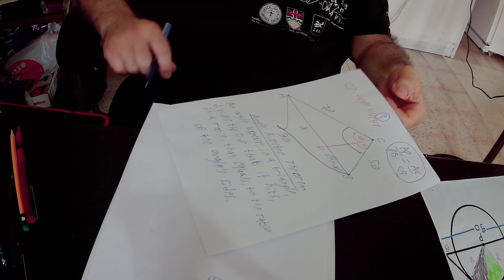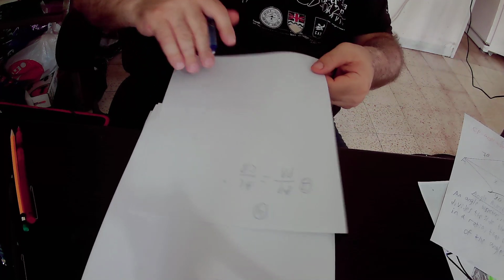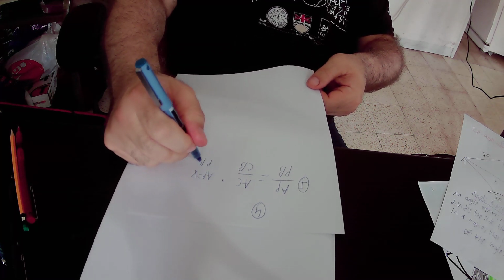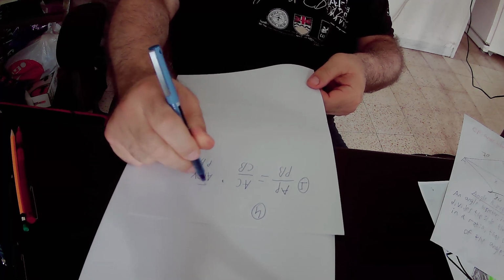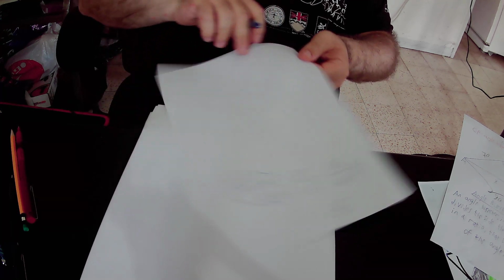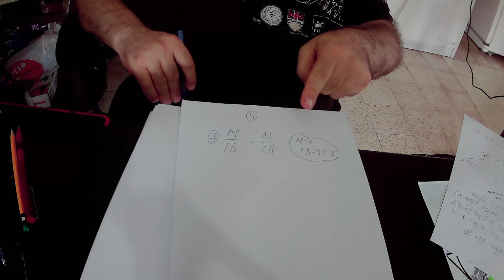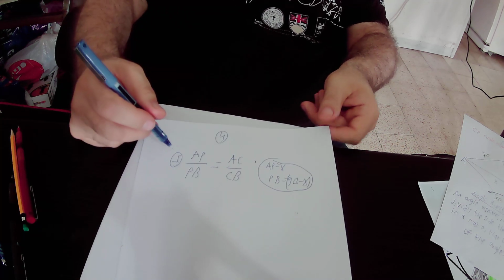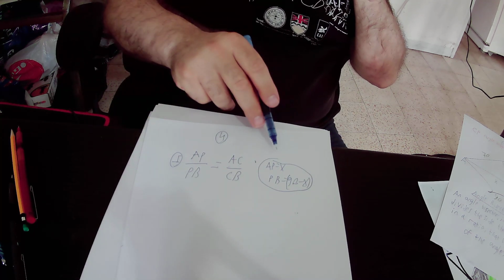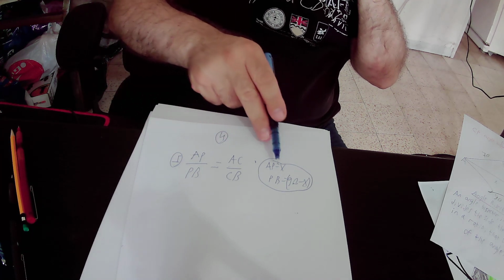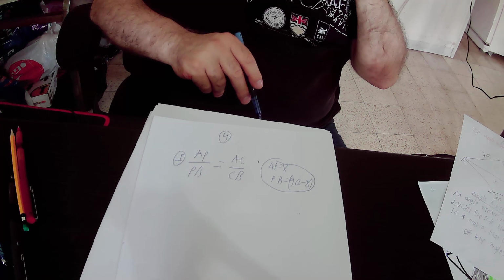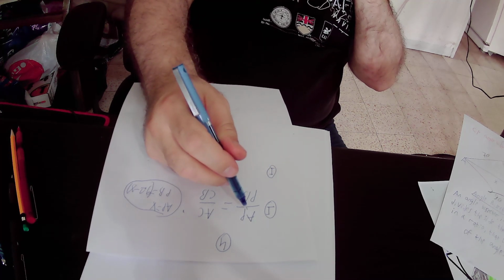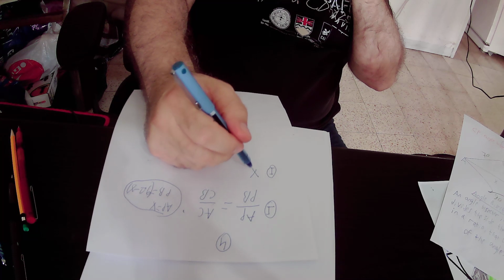Okay, so I write it here, AP equals X and PB equals 90 minus X. Okay, so I wrote it here, AP equals X and PB equals 90 minus X. So in equation 1 we can substitute AP by X because AP equals X, and PB by 90 minus X because PB equals 90 minus X. Okay, so we'll do it now. Instead of AP I will write X, and instead of PB I will write 90 minus X